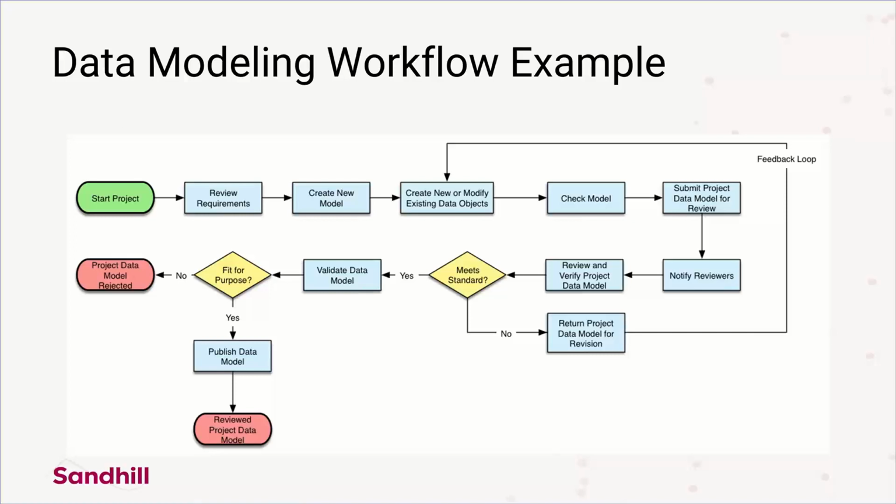A data model itself is not a static artifact. It changes, so you've got to keep it up to date. Creating a formal process for change management of all your models is critical, including updating the model documentation that goes along with it. We're going to talk more about that later, but now Kevin's going to demonstrate